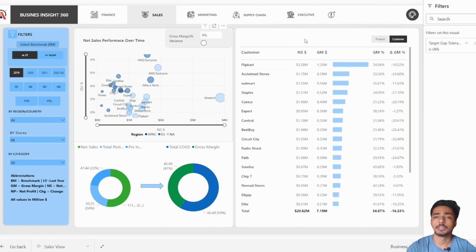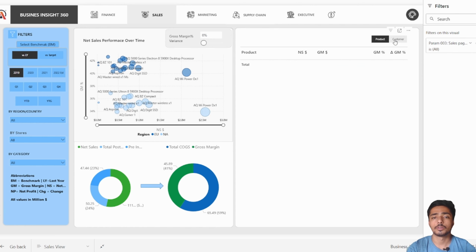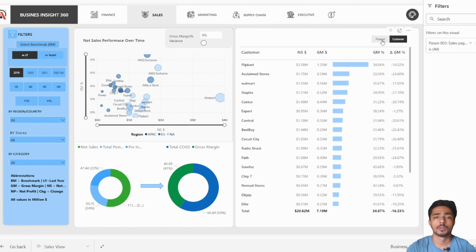And here in this table you have the customer wise net sale, gross margin, gross margin percentage, and change of gross margin. And you have this column that I created with the help of formatting. And here you can also toggle between the customer and the product. So you can do that with the help of this one. After that, if you move to the marketing view,